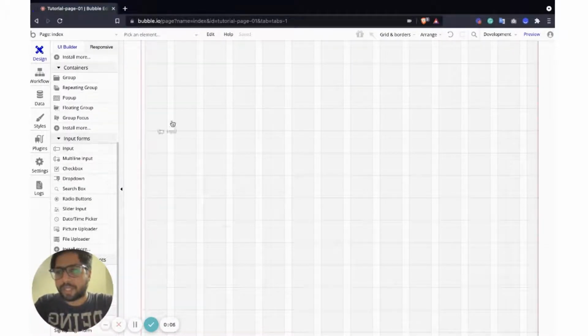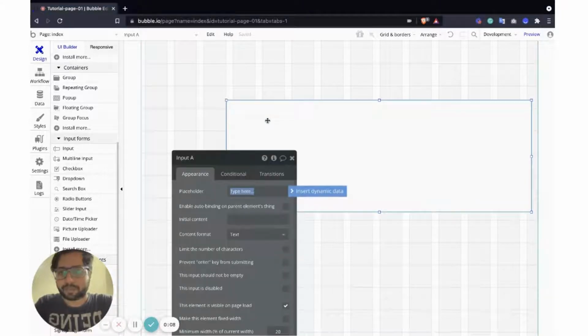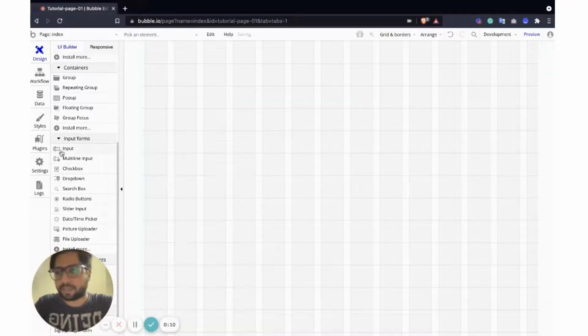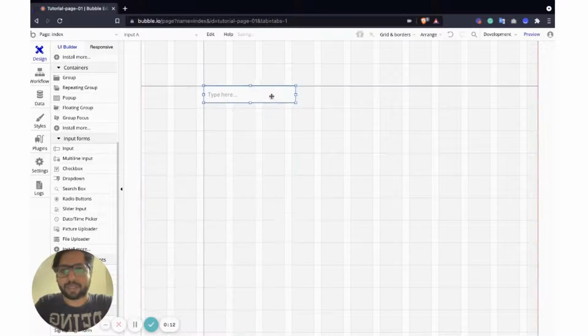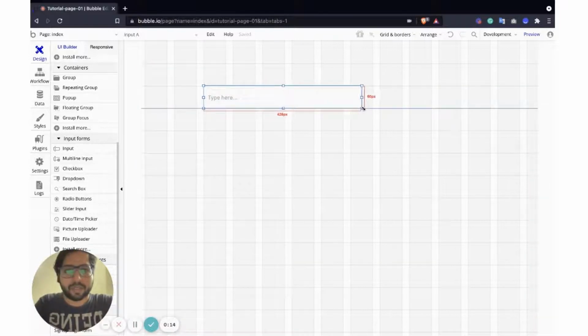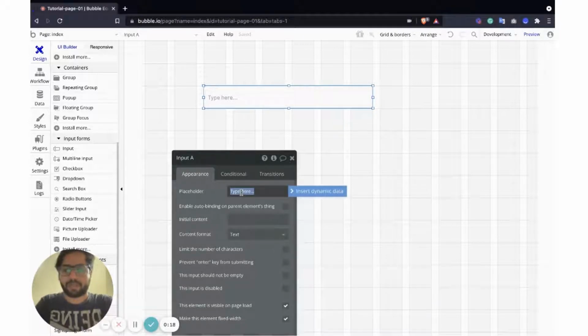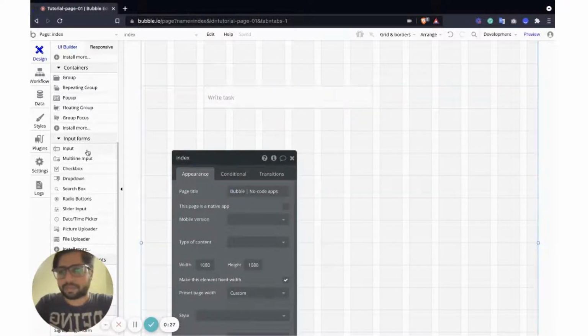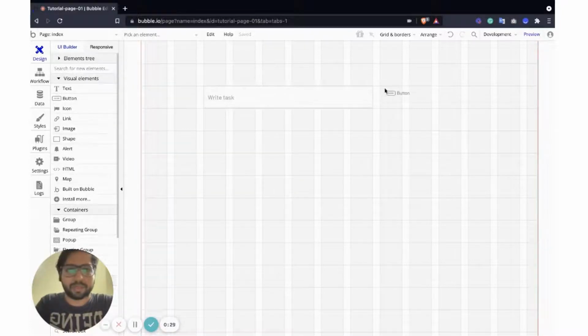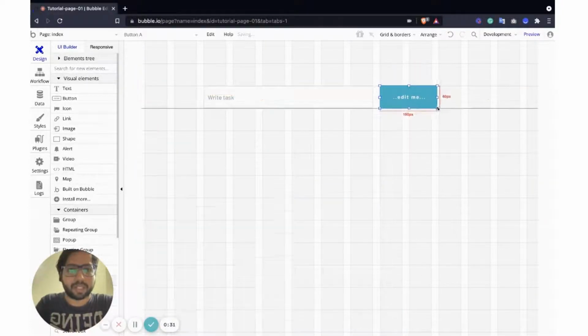We're going to begin with having an input box here. This is a multi-line input box, so we will just need a single line input box. We're going to create an input box and put a placeholder as task name, and we're going to have a button to create task.